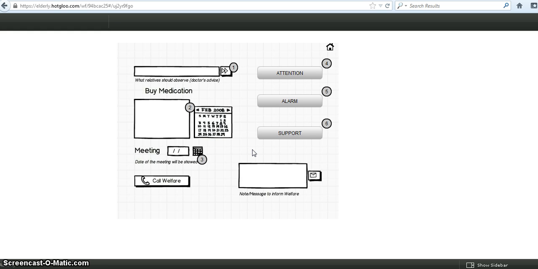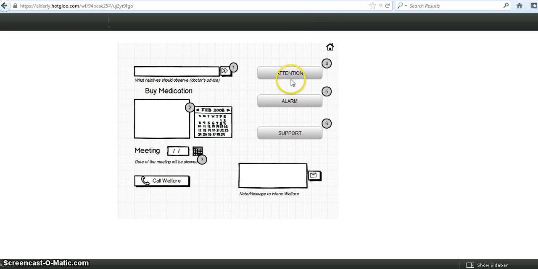Since of our limited time, I'm going to mention only two functionalities that this interface offers. There are cases when carers should date a meeting with their relatives, and on the meeting part this date will be shown. Also a calendar assigned with number 3 we thought to be a shared calendar with other carers that are observing the same elderly. This will help them in cases when one of the carers won't be able to have a meeting and the other one, if she is available, they just check the date.